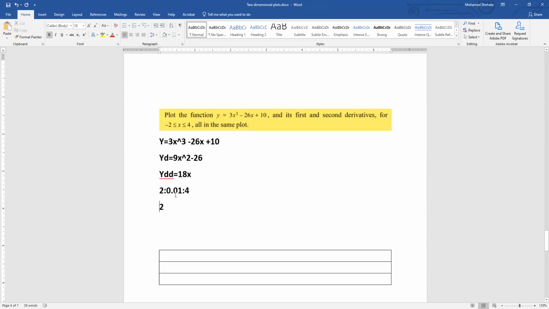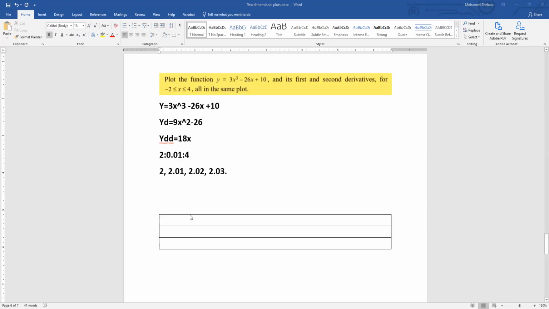But if you have 2 and 0.01, it means the first one is 2. The second element will be 2.01. The third one will be 2.02, 2.03, and so on. You are adding 0.01 every time. Got it? All right. Now let's go to